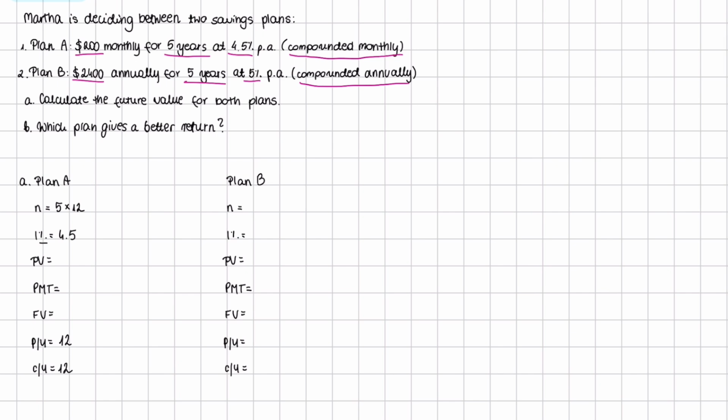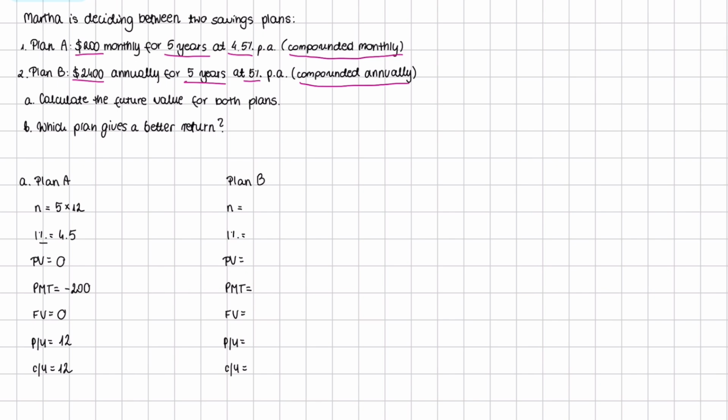Then we have present value, and present value is 0 because we don't have starting money, but we have PMT, so it's minus 200 because plan A says that we have to pay 200 monthly, so each month. And future value is 0 because we are looking for it,